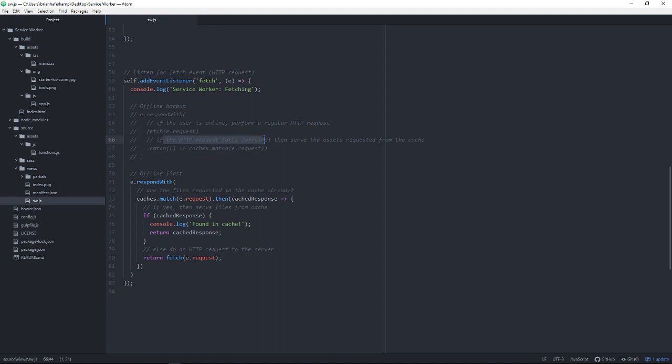But if the HTTP request fails, or the person is offline, or the connectivity is so bad that they can't get to the server, or something happens with the server, then you serve the assets that are requested from the cache. So normally we're just going to fetch and do the HTTP request. If that fails, this is the catch. So anytime there's a failure in a request, we have a catch method that we can run. So you catch,